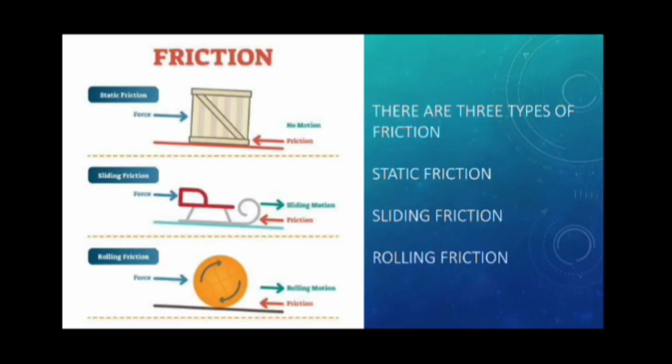The frictional force present when one object moves slowly or slides over the surface of another object is known as sliding friction. So sliding friction comes into play when an object is sliding, that is, moving slowly but continuously